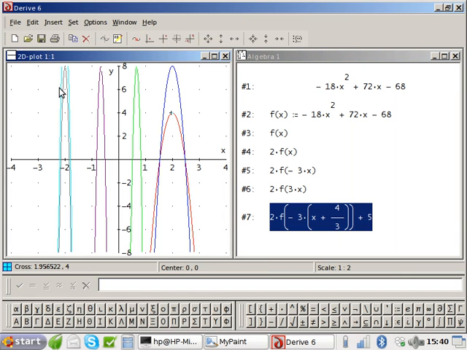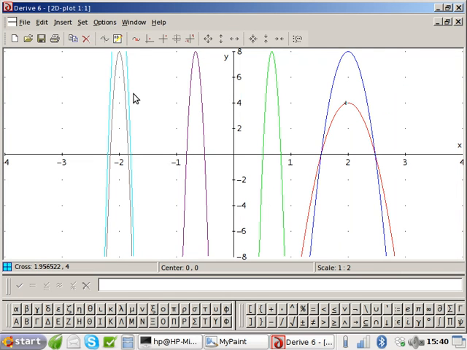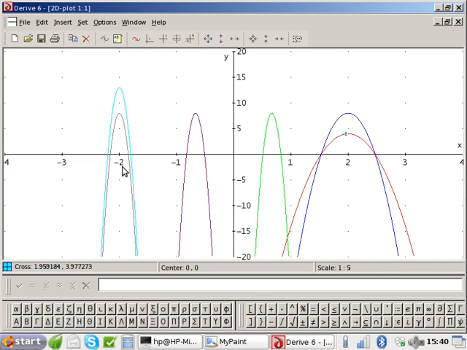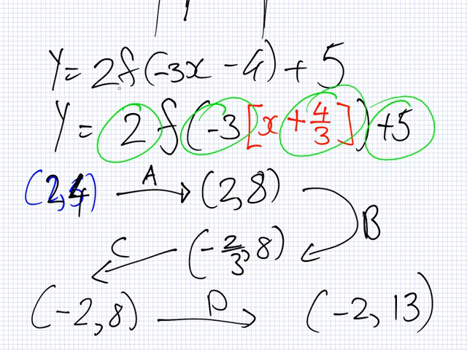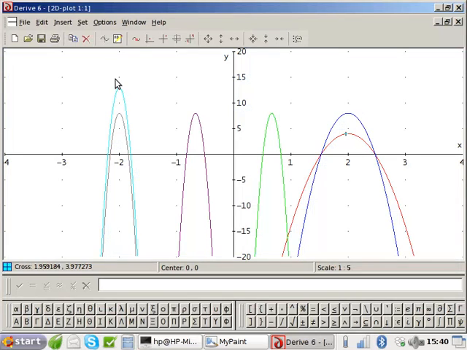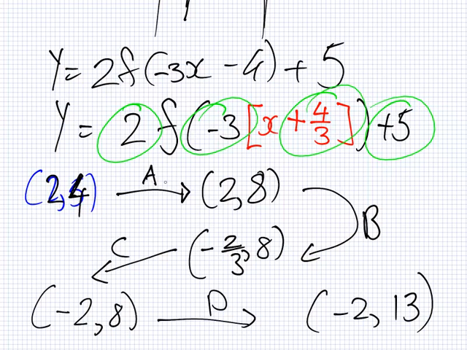Look at the colours. There it is. Can you see it? Yes. The blue one. So where is the maximum? It looks like it's at -2 and 13, something like this. The maximum, -2, 13. There it is. Now, if I go back to my program,